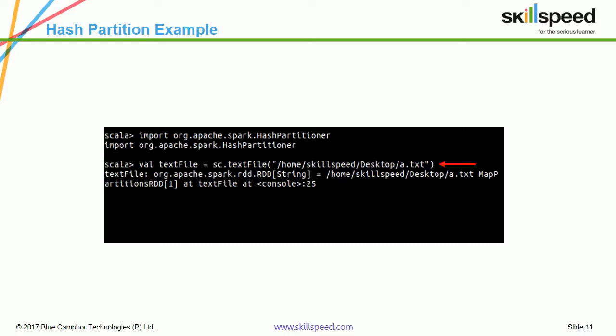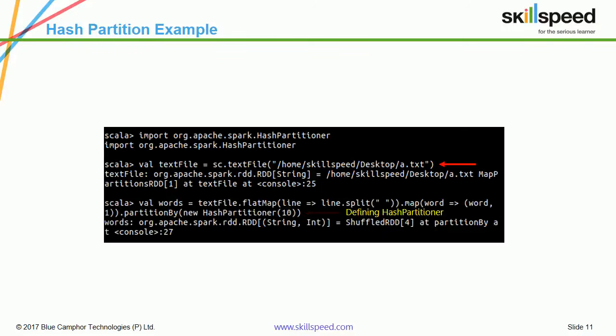So basically I'm reading a file called a.txt using the textFile method to create an RDD called textFile. And then I'm creating another RDD called words by typing val words = textFile.flatMap(line => line.split(" ")).map(word => (word, 1)).